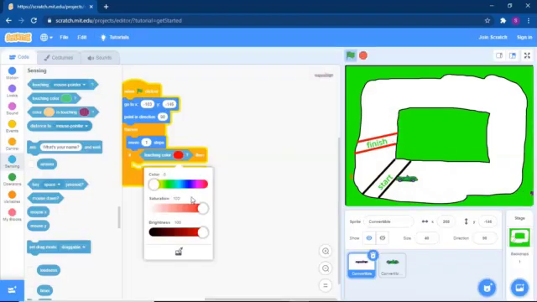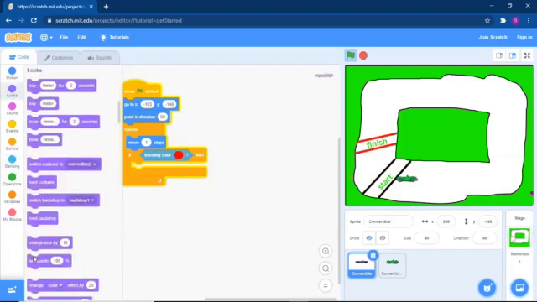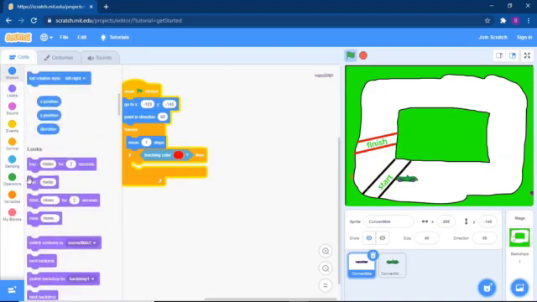Yes, now I got the red color. So if the red color is touched, what will happen? It will be declared as the winner. Declare means the looks block. It will say, what will it say? It will say you are the winner.